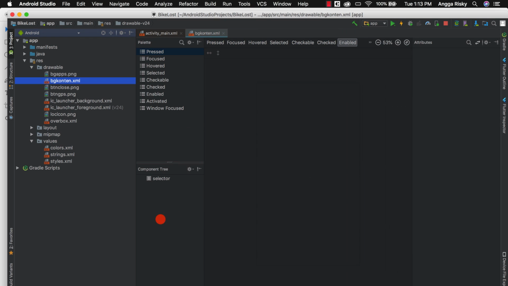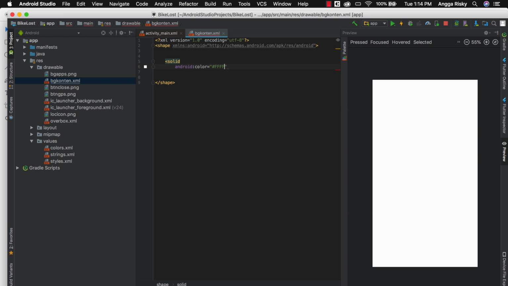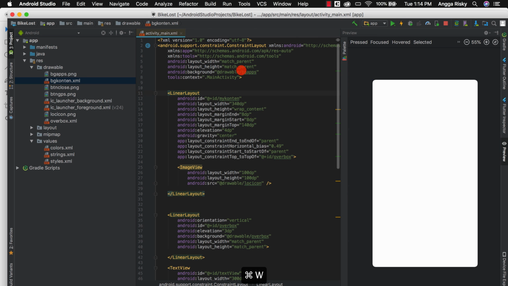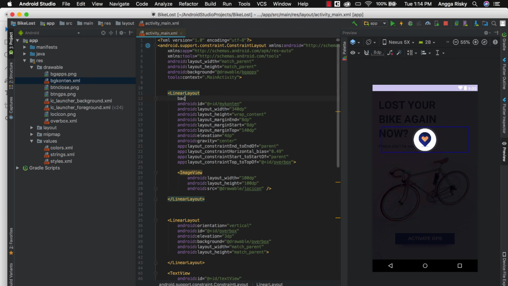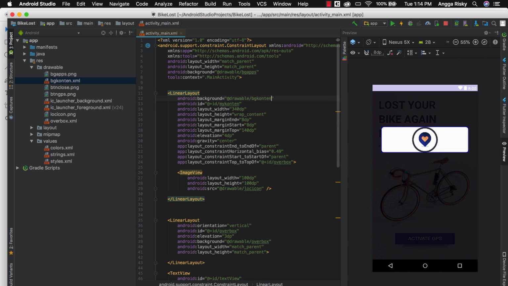Okay, and then we are using shape, and then after that we are using solid here with the color white. Okay, and after that we set the corner radius 20 dp, sorry, 12 dp. Okay, and we set the background here drawable background content.